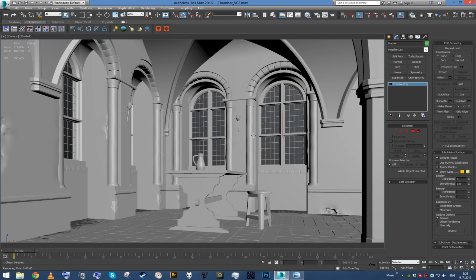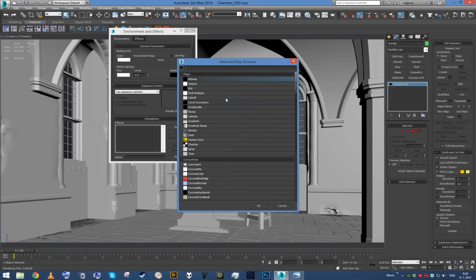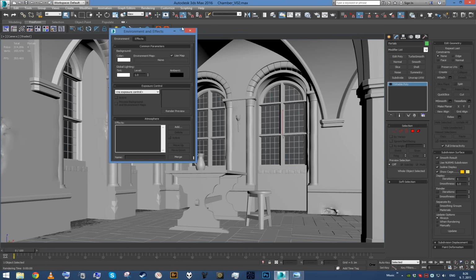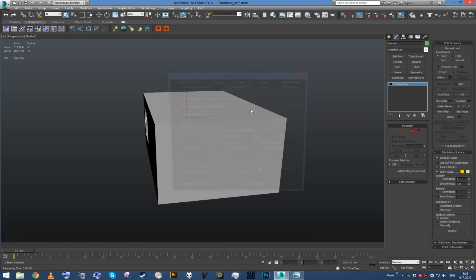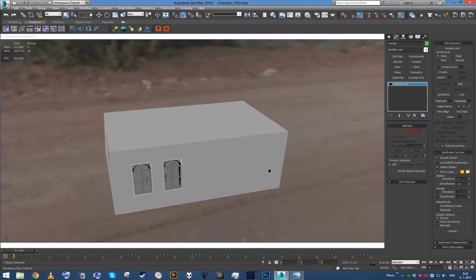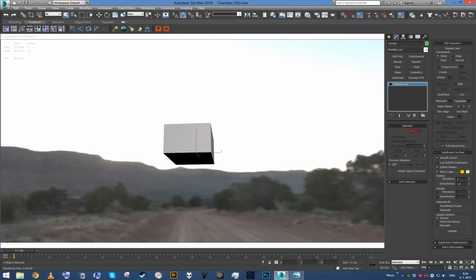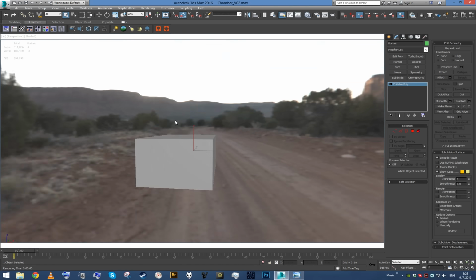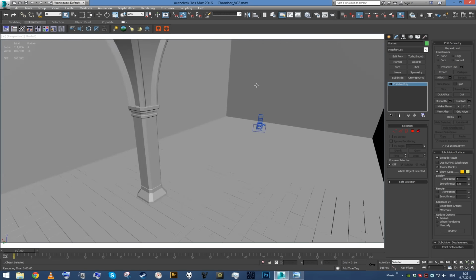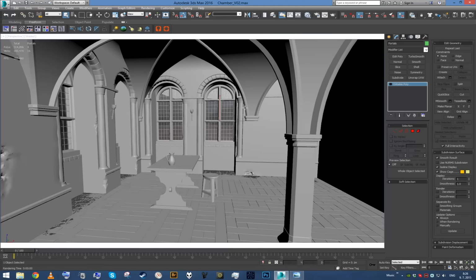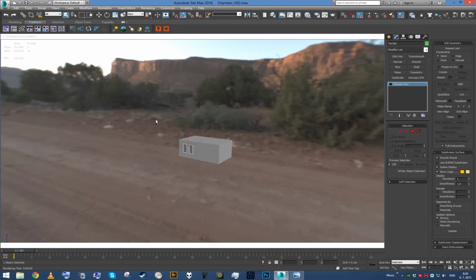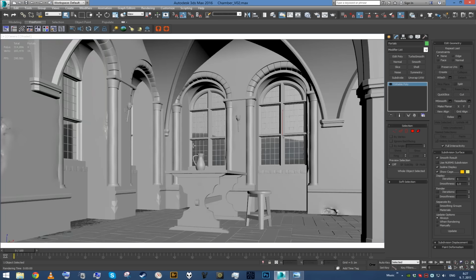So the next thing is going to be an environment map. It's just going to be a simple HDRI. I'm going to use this one. I'm going to make sure it's oriented the way we want it, so I will enable use environment background. I will check if the light is coming from the right angle. It seems there's a light somewhere around here, and this is exactly what we want, because as I said in the first part, we want our light source to be against the camera. But obviously this map is just a temporary environment. Now if I render,